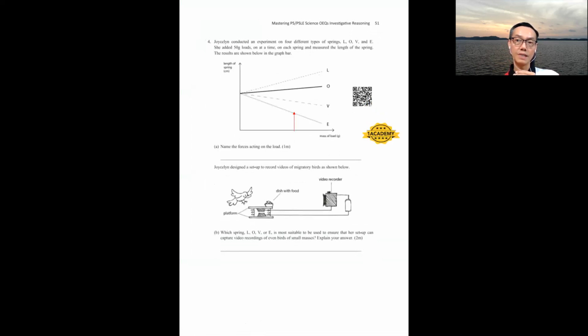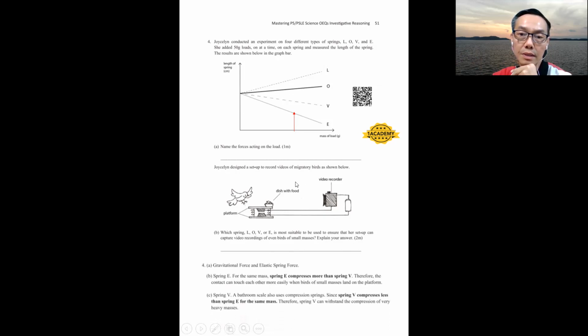Just to revisit these questions, because I find this question quite interesting. Students need to identify there are two types of spring. One is the extension spring, one is the compression spring. All start at the same length. As you can see, I've used a red color to indicate the answer for part B. The students need to explain why they choose a specific spring. So in the idiot-proof solution provided, they must mention spring E, and they must explain that for the same mass,